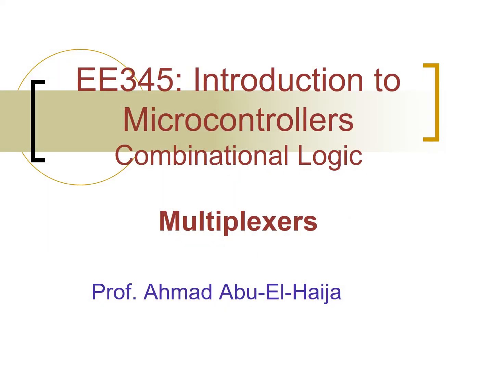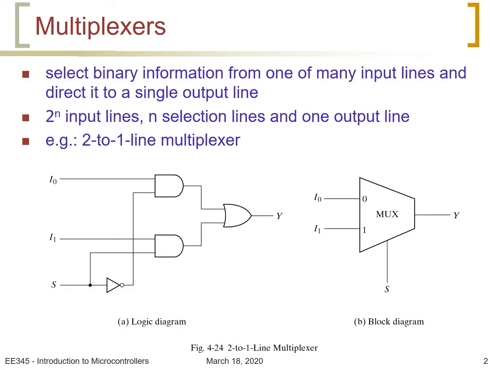Now we explain the design of the multiplexers. As usual, we start by defining what a multiplexer is. A multiplexer is a circuit that selects binary information from one of many input lines and directs it to a single output line. Multiplexing is sometimes called combining, because if we have one